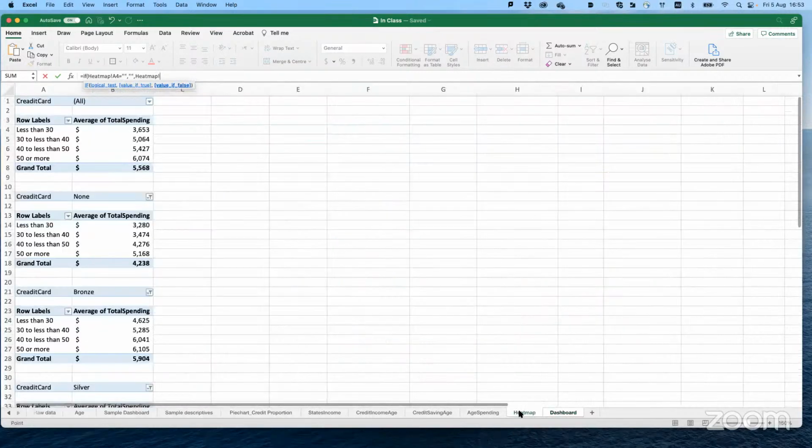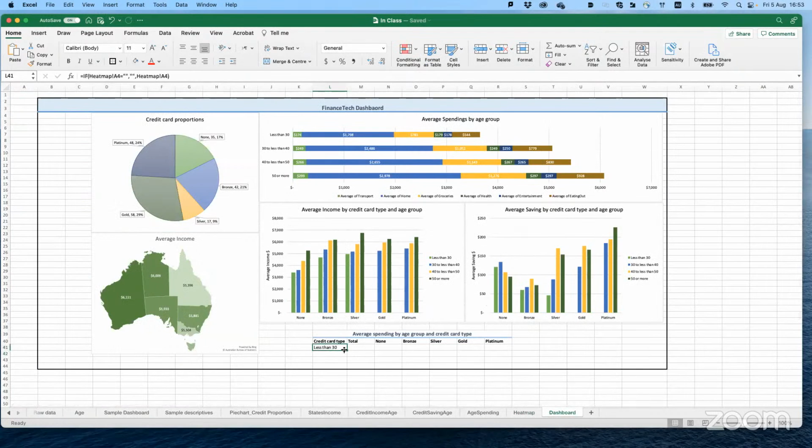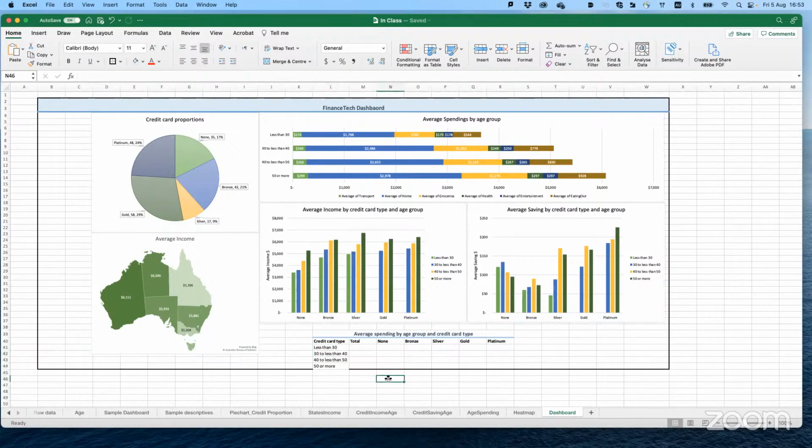Otherwise, give me the value of this heat map. And you drag it, and you have all of your groups. I'm going to fix this thing.